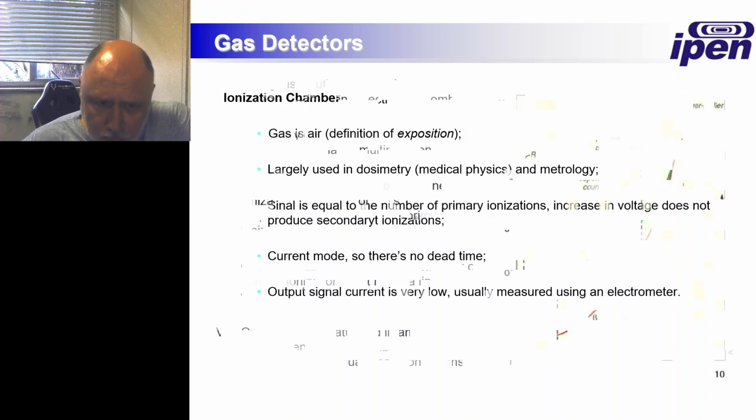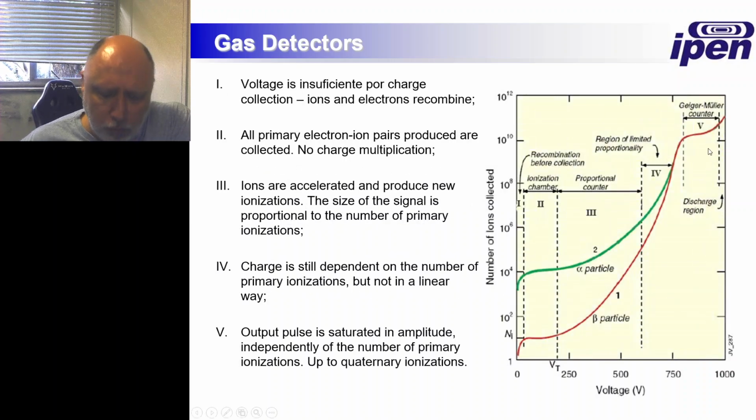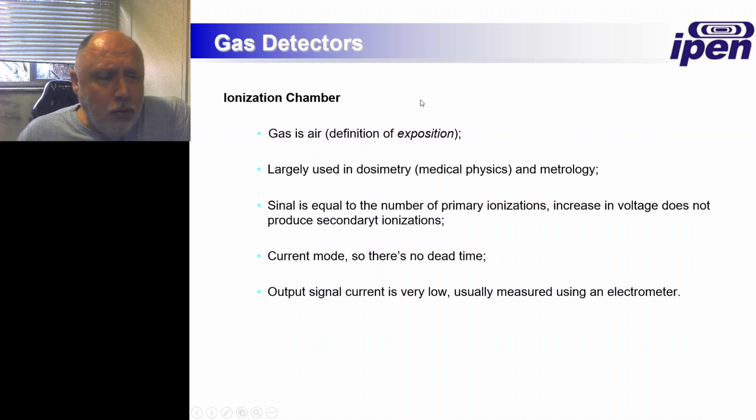So, going from the lowest one to the highest one. Ionization chambers. Let's start by the end. The output current is very, very slow, so you usually need a very precise electrometer. We're talking